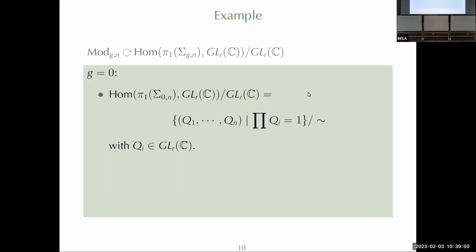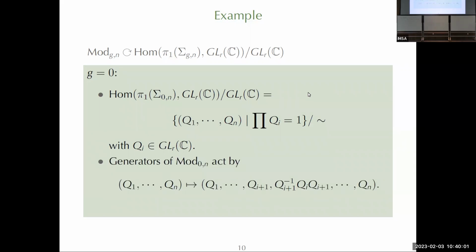So, a local system on P1 minus some points. And what's the mapping class group action? Well, I'm going to describe a slightly larger group acting on it, so the group where you don't fix the points, and it's generated by the following